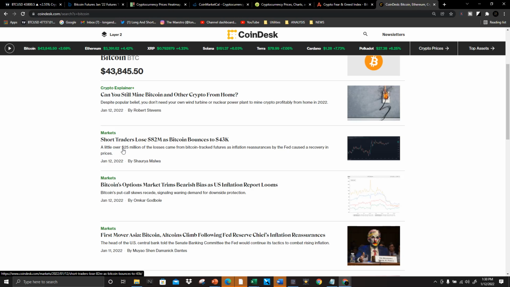Also, short traders took off $82 million of liquidations from those folks. Bullish, right? If you take short traders out of the trade with pumps, they're going to be less likely to put on shorts or big shorts, okay? You're going to get pressure that starts to build from the bottom rather than the top. If they've already lost 82 million, they don't want to lose more, okay? Especially short traders, right? Because those are guys that are typically more inclined into what's happening with the market because they know how to trade short.